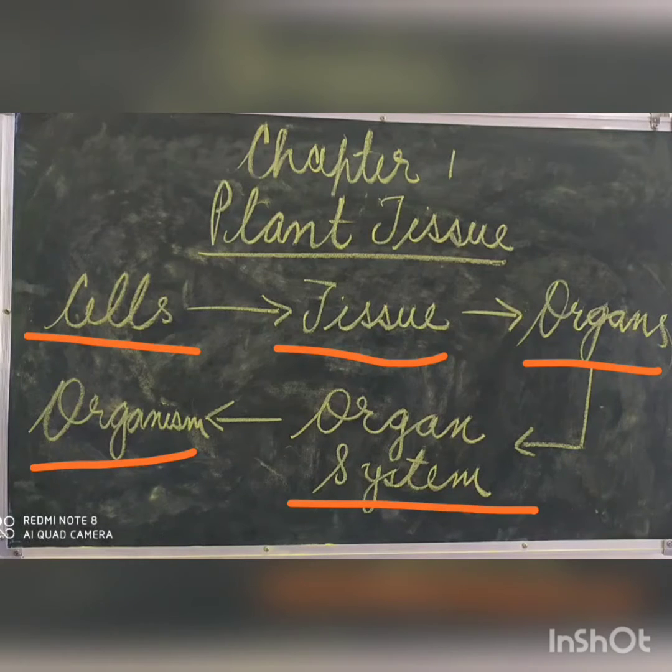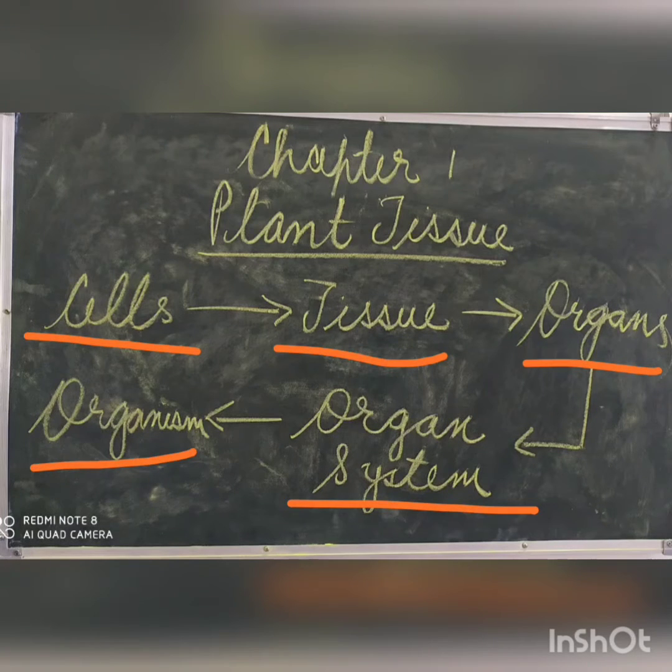Some cells are specialized for transportation of water and minerals absorbed by the roots throughout the plant body and constitute the xylem tissue. The cells specialized for translocation of food prepared by the leaves constitute the phloem tissue. On the other hand, some plant cells are meant for the growth of the plant and make the meristematic tissue. So the tissue can be defined as a group of cells more or less alike in size and shape, performing the same function and having a common origin.